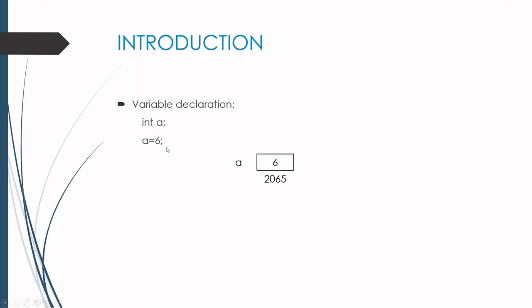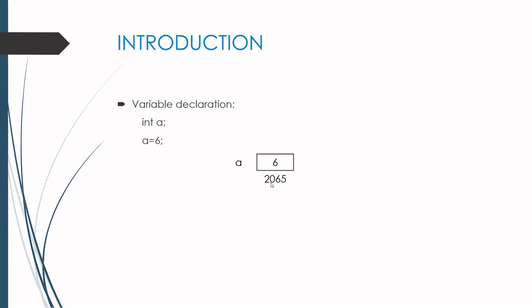Okay, so here I have assigned a is equal to 6. So a is equal to 6 means I am going to assign 6 to the variable a. It means I am going to store the value 6 in that particular memory location, right? So just consider, as an example, an assumption that the variable a has the memory location 2065, in which the value 6 is stored. So you are going to store that value in some memory location.